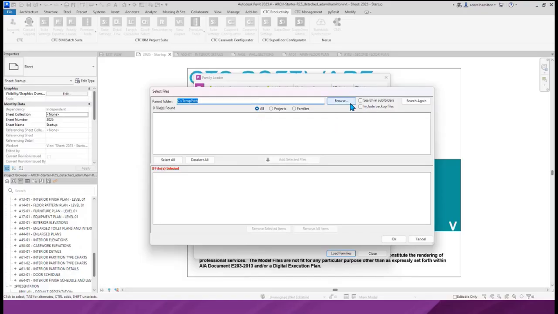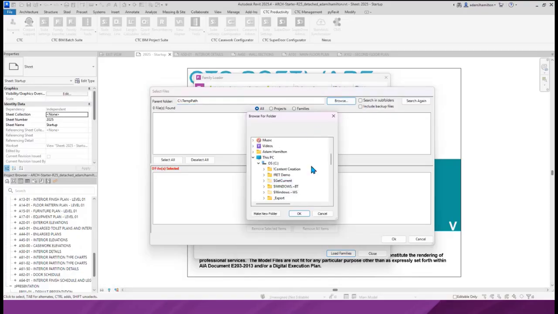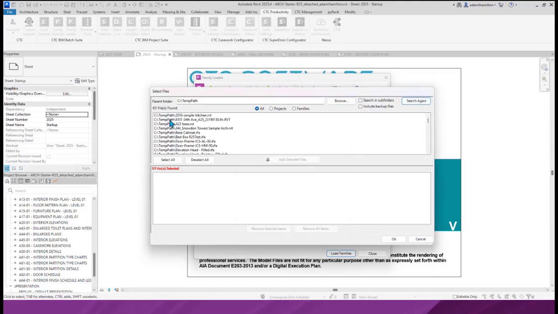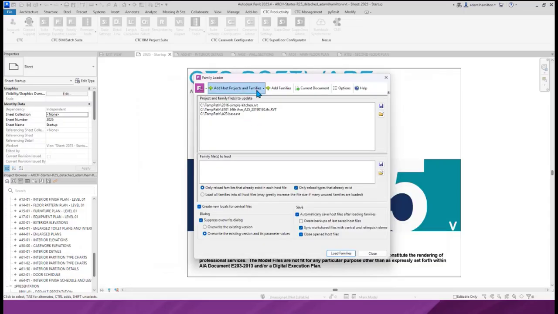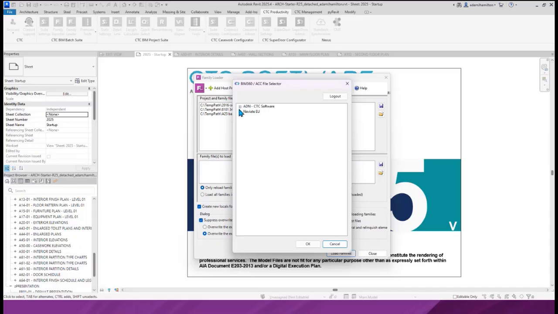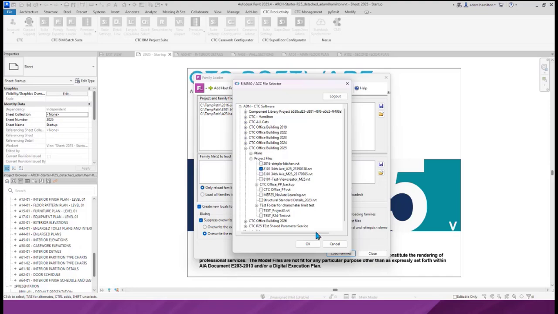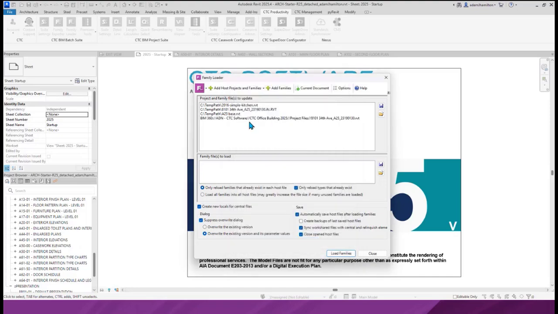First, we can say, hey, I have this location. This could be on your network where I have lots of projects saved. In this case, I can go through and select a couple different projects, add, hit OK. We also have the ability to add projects from BIM 360. And so with that selection, it will pull up my BIM 360 projects, or ACC. And there I can choose a project or more. And here you'll see